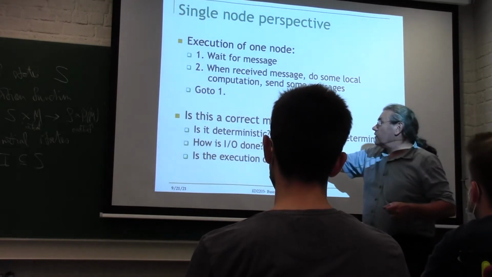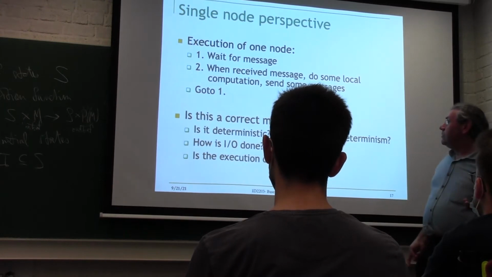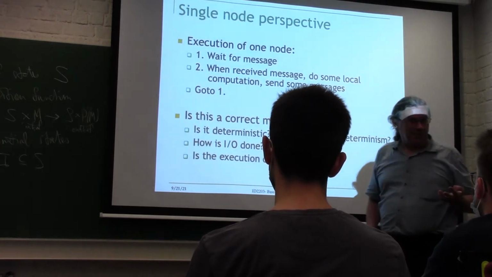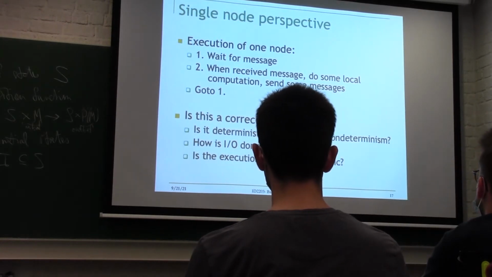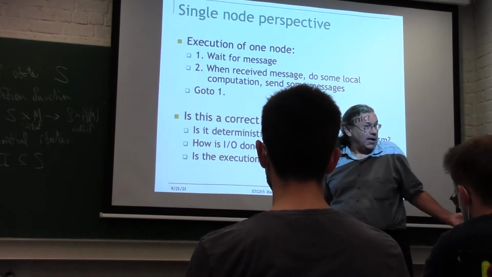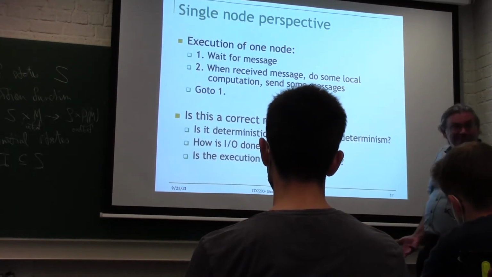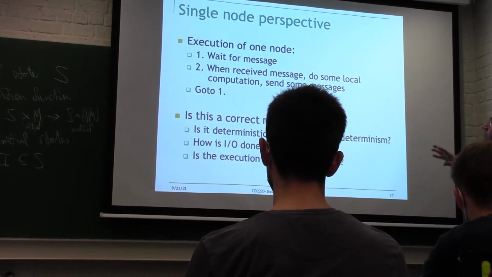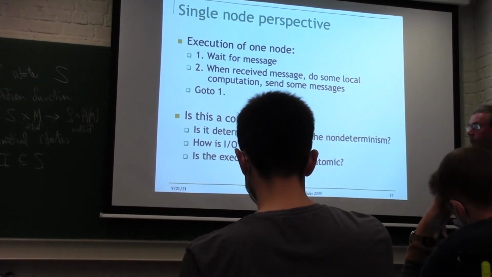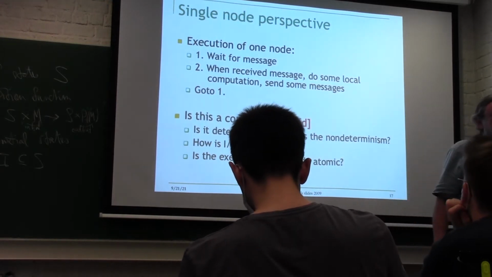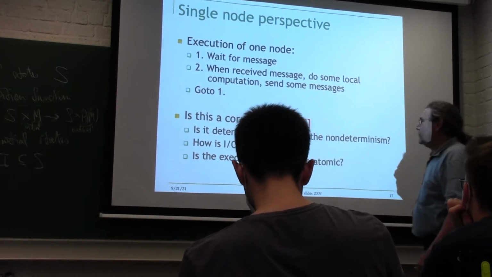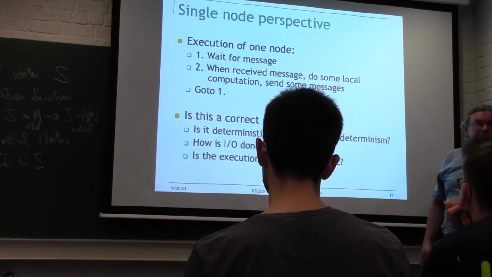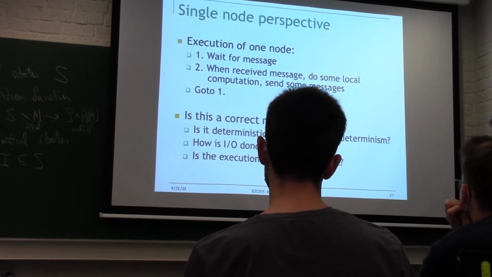So is it deterministic? Well, the transition function, I told you, is deterministic on the accessible state. So it is deterministic. I told you already, on the accessible state, because you cannot read the stuff you sent. So in terms of the messages coming in and the state, it's deterministic, fine. But a real distributed system is non-deterministic, of course. So if this is deterministic, where's the non-determinism in the distributed system?